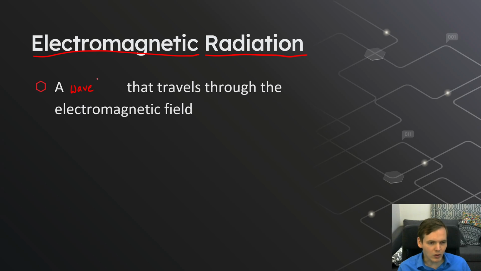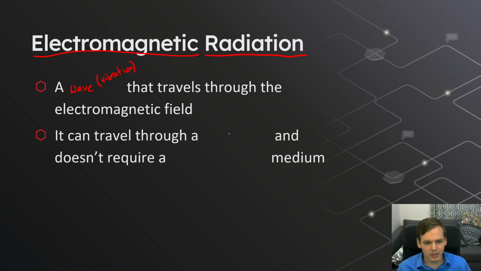And for this class, you can think of a wave as just a vibration. You can imagine this thing, the electromagnetic field. You don't need to worry about what it is, but you can imagine it vibrating, and if you send a vibration through it, like if you shake one end of it and it vibrates through, that's all that light is. The important thing with this is knowing that because it's traveling through the electromagnetic field,